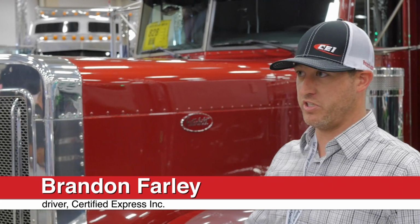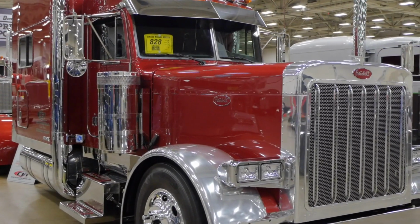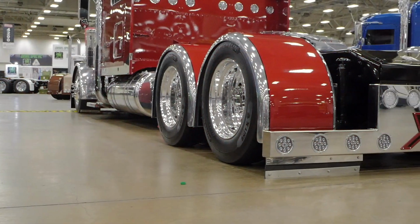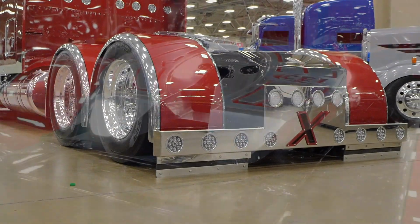It's a 2004 Peterbilt 379X. It's a special edition. It's one of the first 100 off of the line. So we restored it about 4 years ago back to OEM, and then now we've made some upgrades to it: lowered it, put a different bumper on it, some new fenders in the rear, customized the fifth wheel, airbox lines